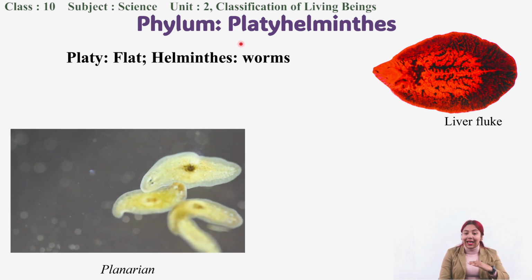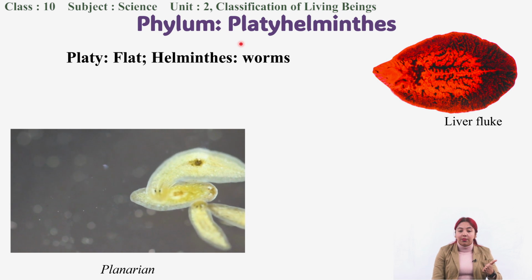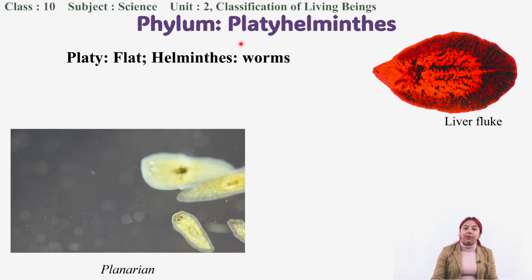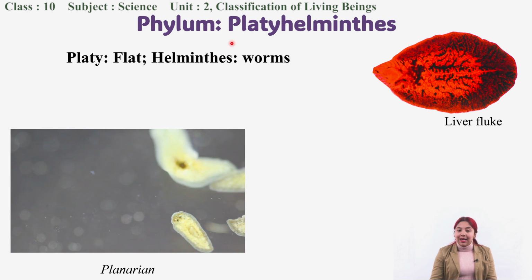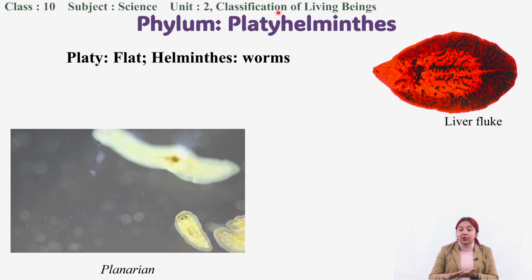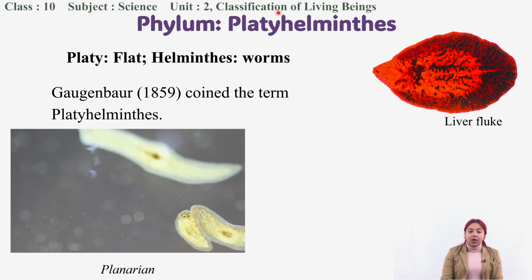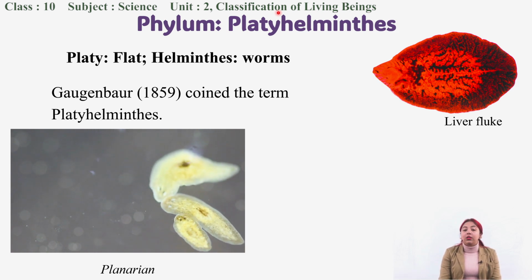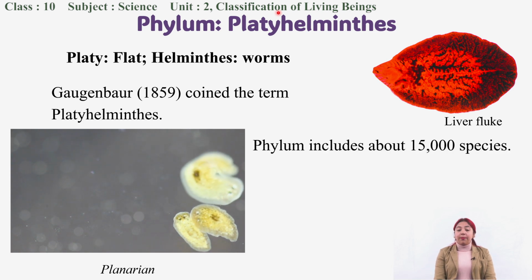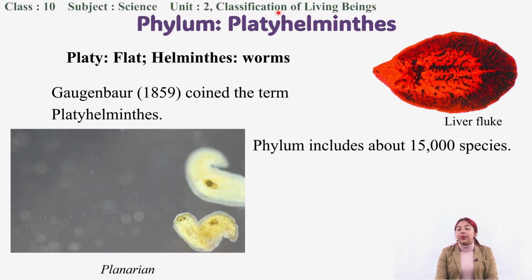Platy means flat and helminthes means worm. So all the worms that have a flat body-like structure belong to Platyhelminthes, and the Platyhelminthes are also collectively called flatworms. Now, Gegenbaur coined the term Platyhelminthes in 1859,